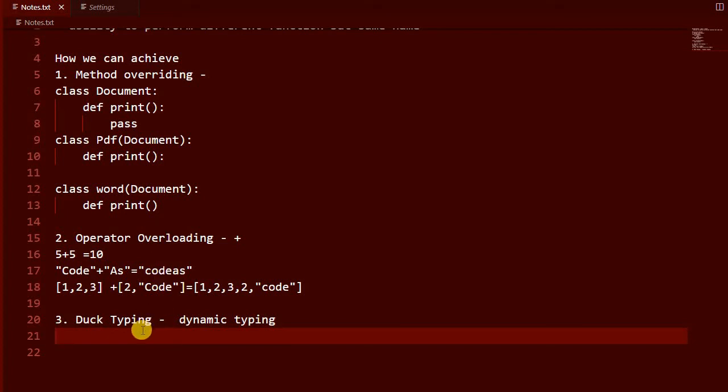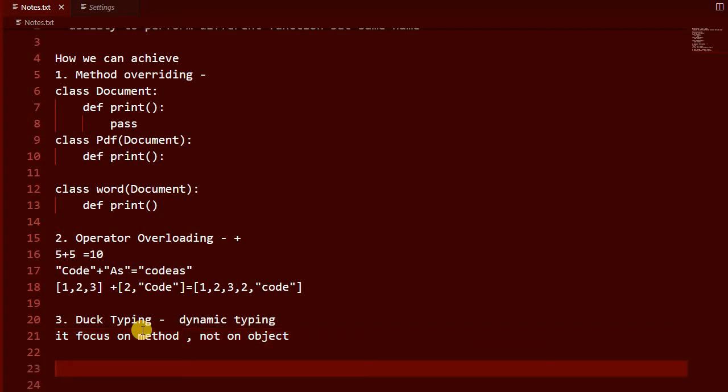It's a concept related to dynamic typing, where the type or class of an object is less important than the methods it defines. Here we don't have to check types. We focus on the method, not on the object. So we can pass any object, and based on its methods, it will call the required function. These are the three ways through which we can achieve polymorphism in Python.